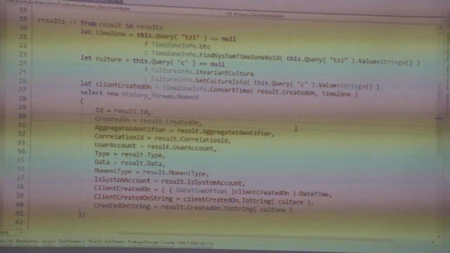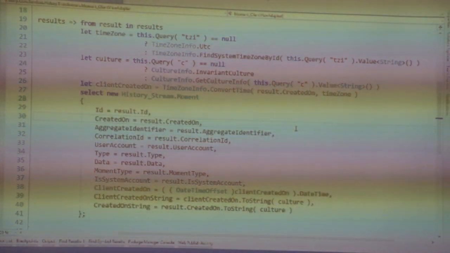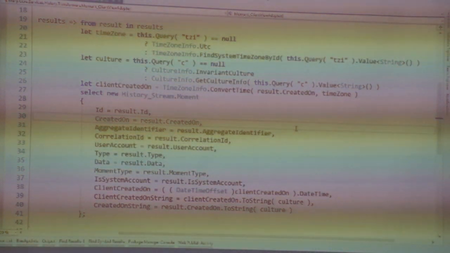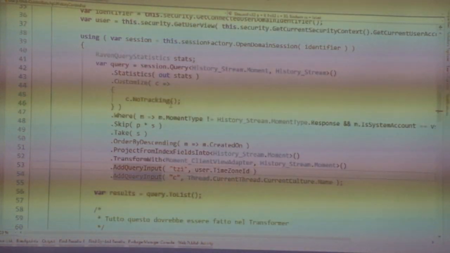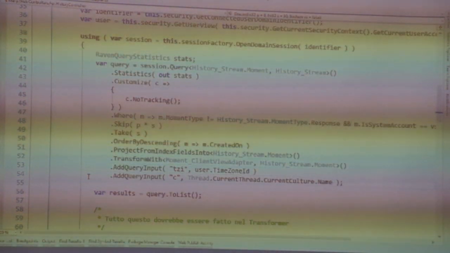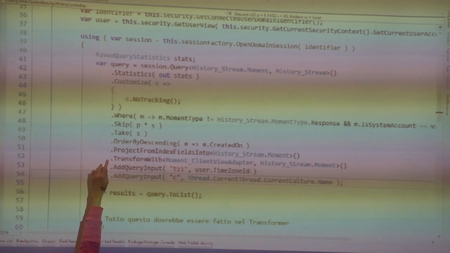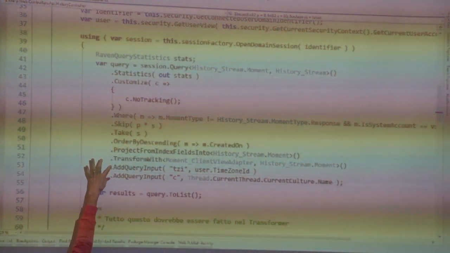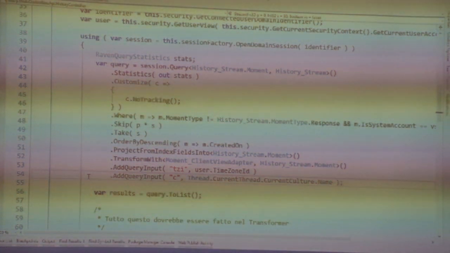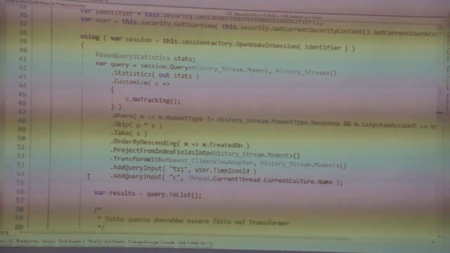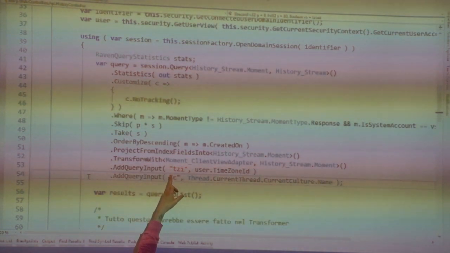And so, instead of loading data and then iterating on the data from the client side and adapting the date and time, we are doing that in the transformer. From the application point of view, it's a query really similar to the previous one, but we have the transform with. So we are transforming a query result, and we have these two calls, add query input, that basically allows us to add query string parameters on the request that goes to the server. And we say, OK, add the chi and tzi parameters